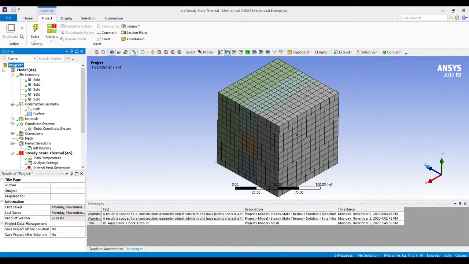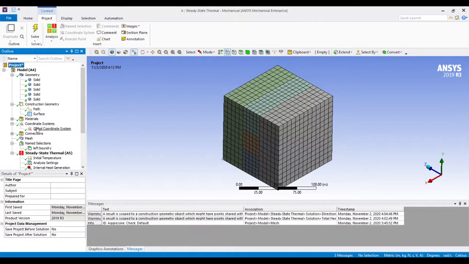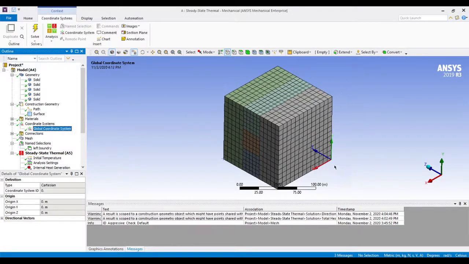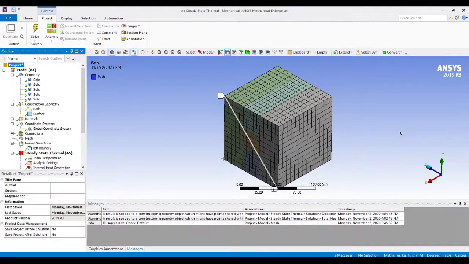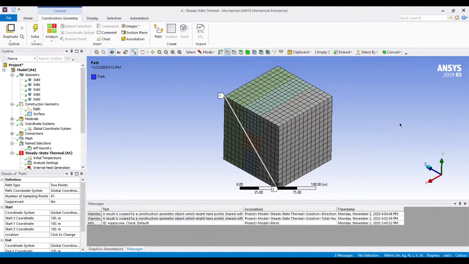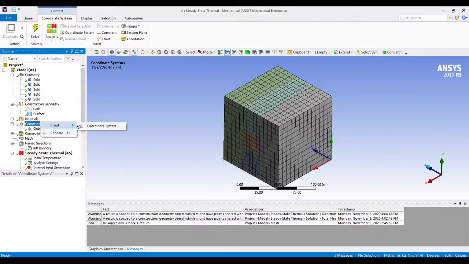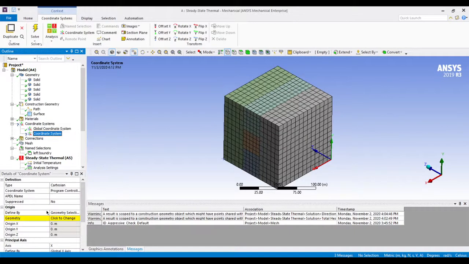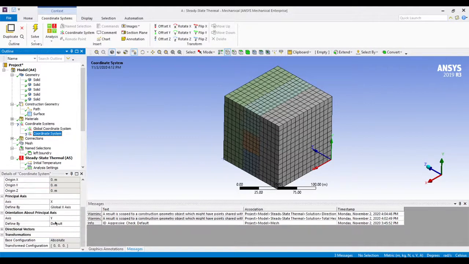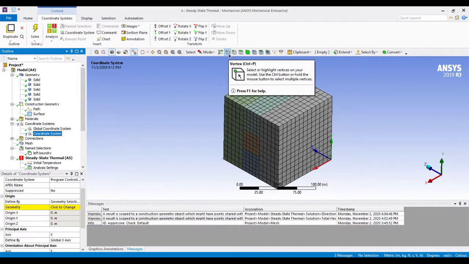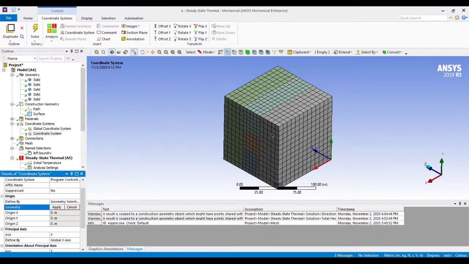Now inside the model you can see the coordinate system, that is only the global coordinate system, and in this coordinate system this is your x-axis, this is your y-axis, and this is your z-axis. Now we'll try to add another coordinate system. We'll click on coordinate system, right click on it, and we can select a coordinate system. Here we have to specify our origin. So for the origin we can select a point, so we can select point selection on, and we'll click here and select